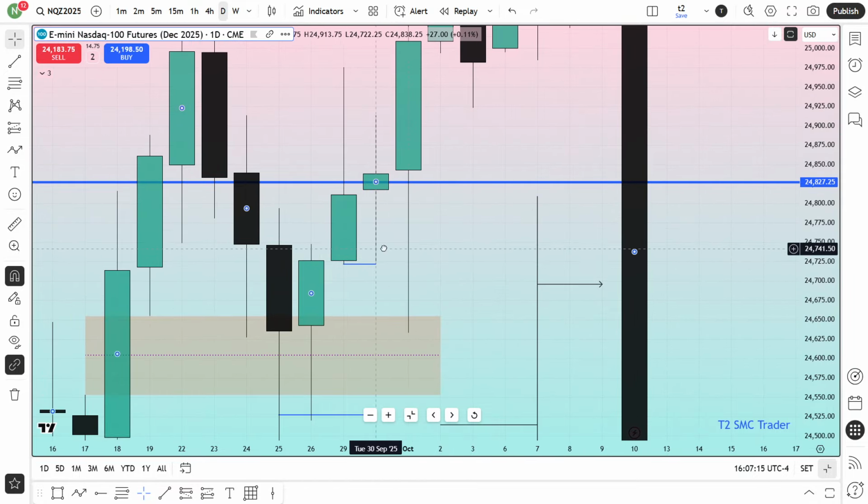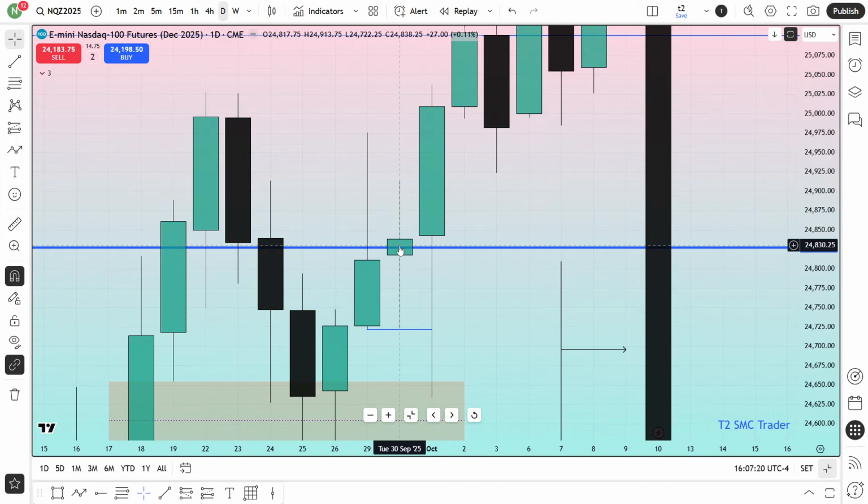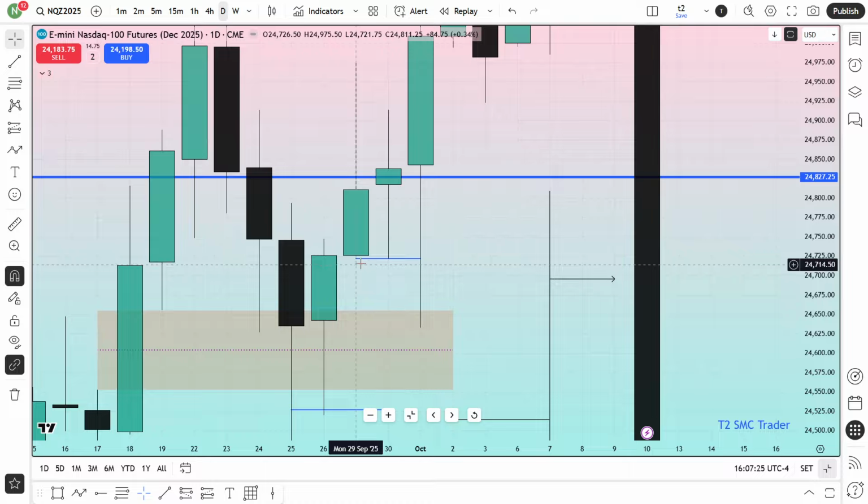The market didn't do that. Instead, it is telling me that, brother, even though I have closed above this line, I'm not going to keep going higher without doing the manipulation. The manipulation has to be done by Tuesday. I didn't do that manipulation. Instead, I left the support over here. From your lower time frame, from the 15-minute chart, 1 hour chart, you will see beautiful sell side liquidity or relatively equal lows over there. So I have left that liquidity over here and confirmed to you that I'm going higher.